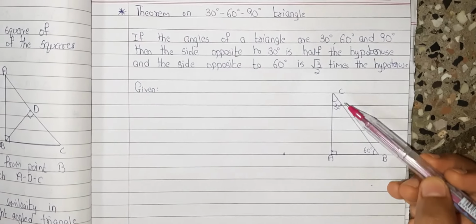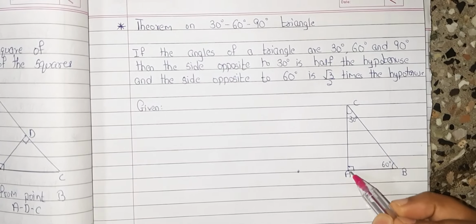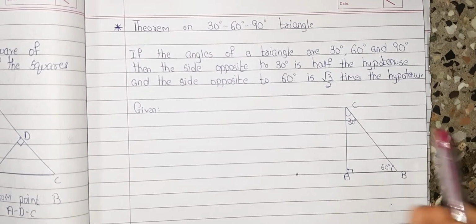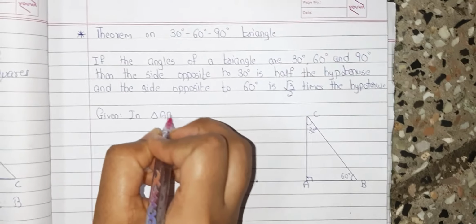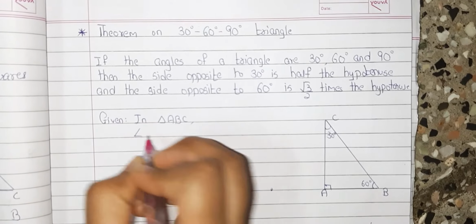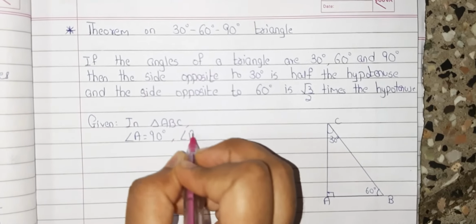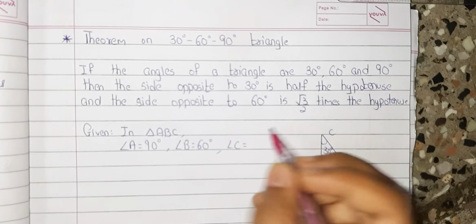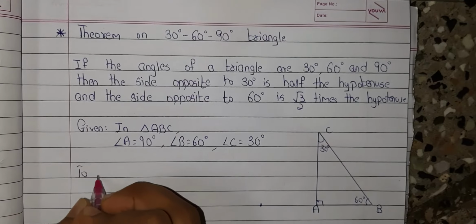So I have taken here a right angle triangle ABC, which is right angled at vertex A, and my angle B is 60 degree and angle C is 30 degree. So we will write down the given data. In triangle ABC, angle A is equal to 90 degree, angle B is equal to 60 degree and angle C is equal to 30 degree. So what we have to prove is that